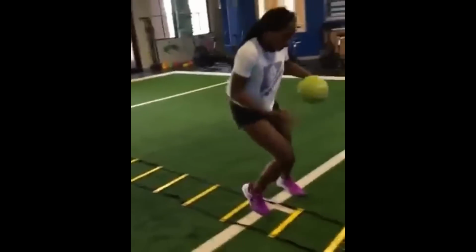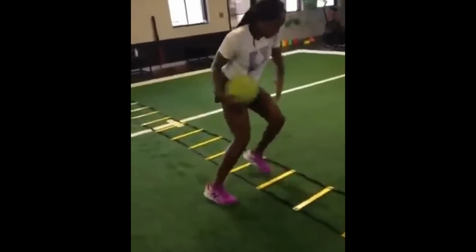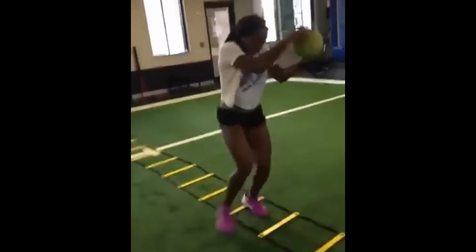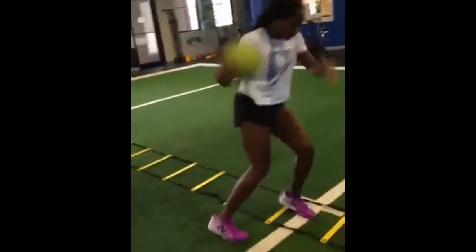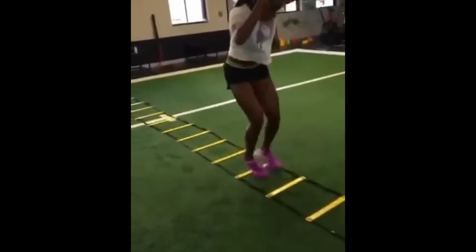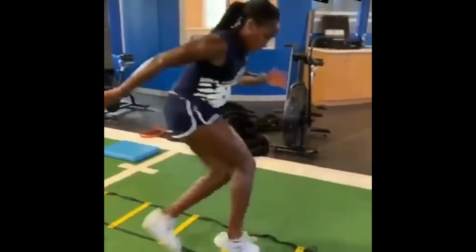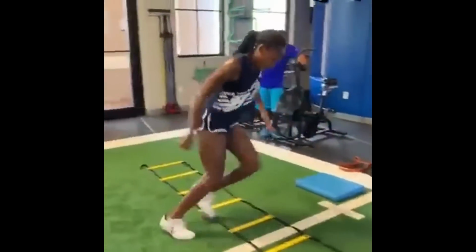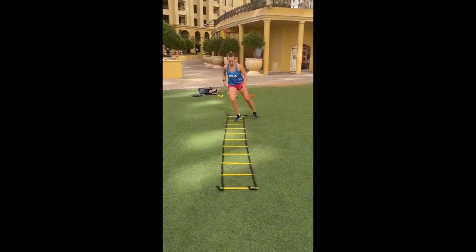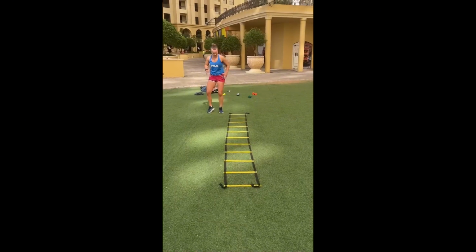improvements during matches. The primary benefit of ladder drills is the enhancement of agility. Tennis players must frequently adjust their position in response to fast-paced shots, requiring quick and precise foot movements. Ladder drills train the neuromuscular system to respond rapidly, improving reaction time and enabling smoother directional changes. This agility is crucial for covering the court effectively, especially for beginners learning how to position themselves for forehands, backhands,